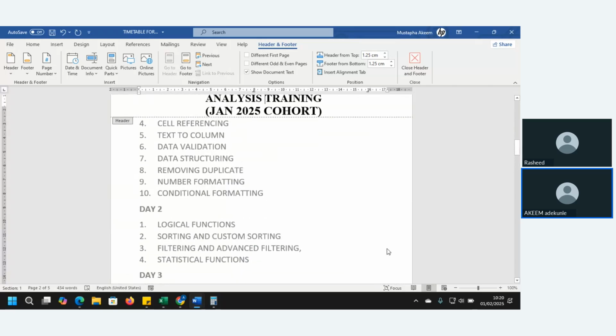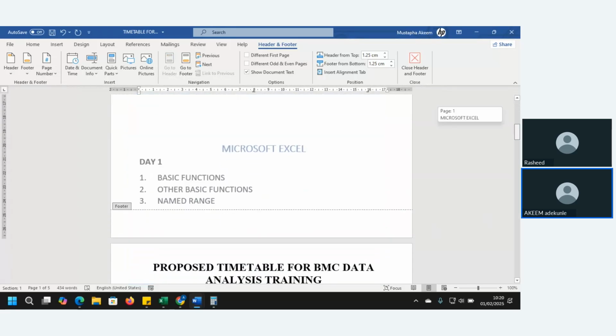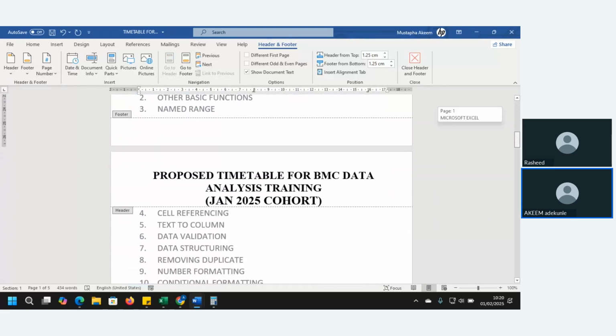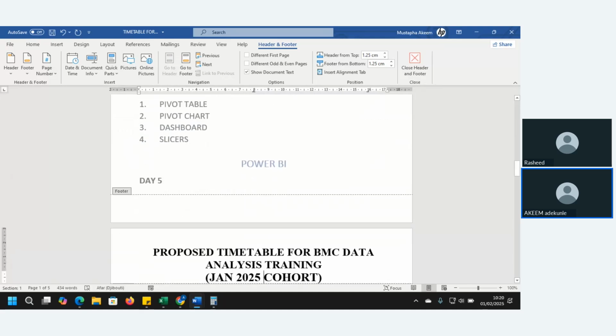Under Excel, we learn basic Excel functions. Then we learn named range, self-referencing, text to column, data validation, data structuring, how to remove duplicates, and so on.